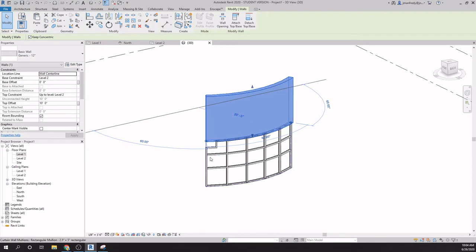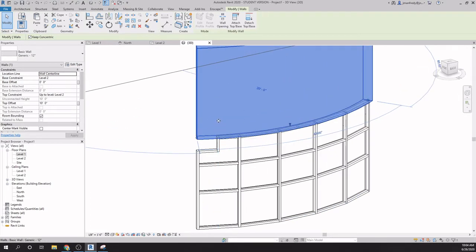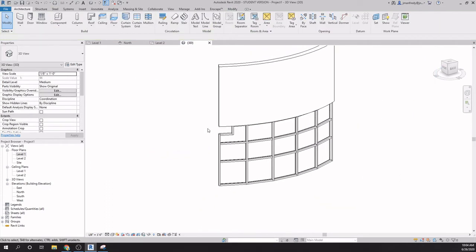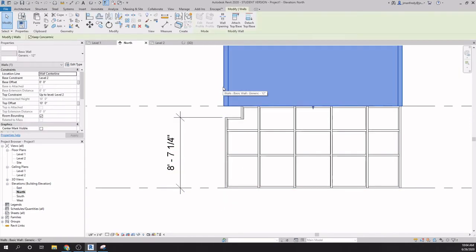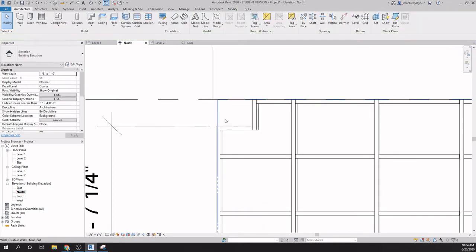Therefore, I need to come up with another method of notching out the bottom of this wall so that it fills this gap. So let's first make the bottom of the wall align with the top of that opening there. So from the north elevation, I'm going to select this wall, and I need to pull this down to line up with that edge there. You can use the align tool, or AL again, and I need to select the top of this mullion. It'll default to the center, but again, tab lets you cycle through all the options that are available. Tab, and suddenly the top is available. Click on it now,